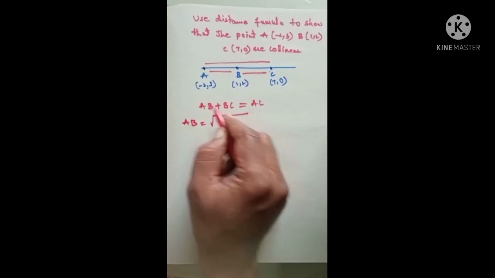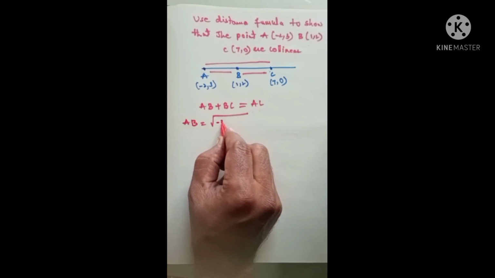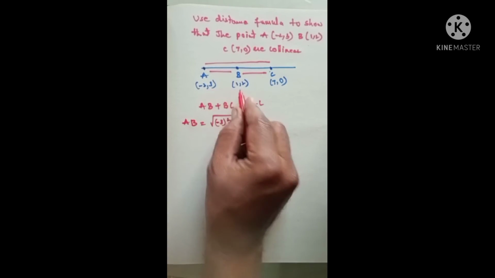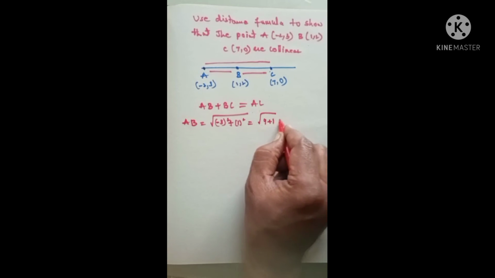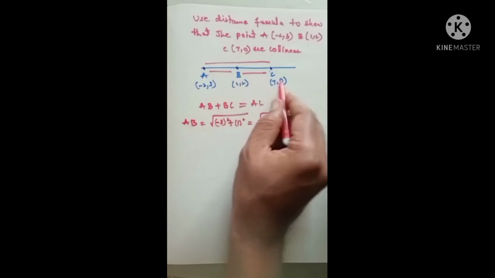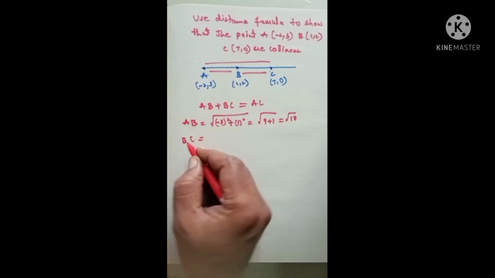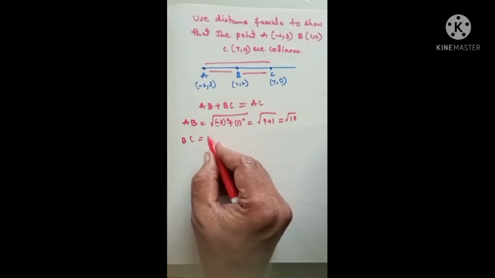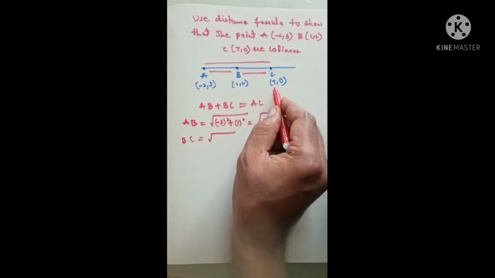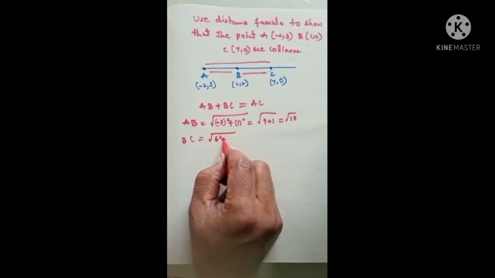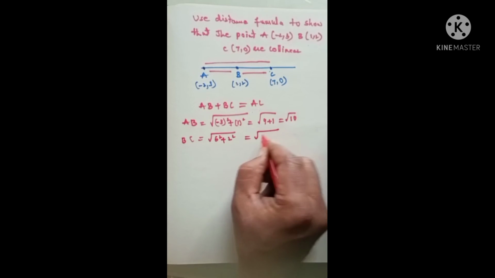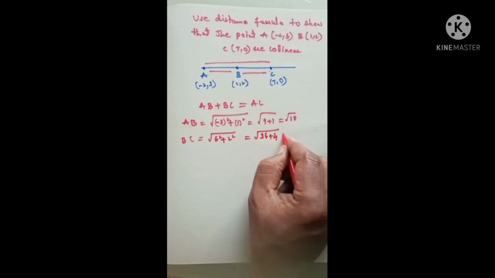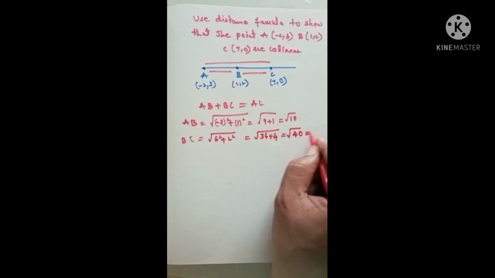So by distance formula, x2 minus x1, you will get minus 3 whole square, 3 minus 2, that is 1 square. So this is under root of 9 plus 1, you will get root 10. Now you find the BC. Under root of 1 minus 7 means 6 square plus 2 minus 0 means 2 square. That is equal to under root of 36 plus 4, that is equal to under root of 40. 40 we can write 4 into 10, means 2 root 10 you will get.